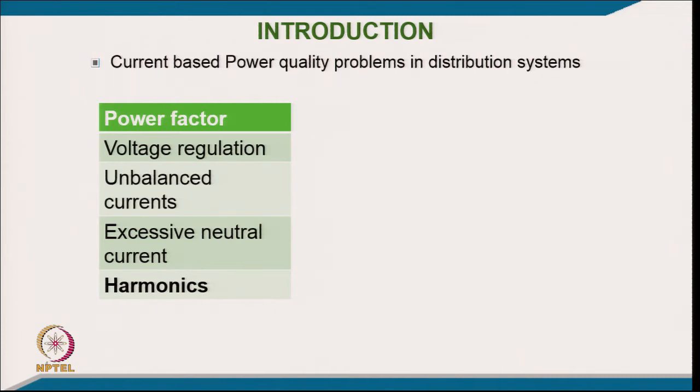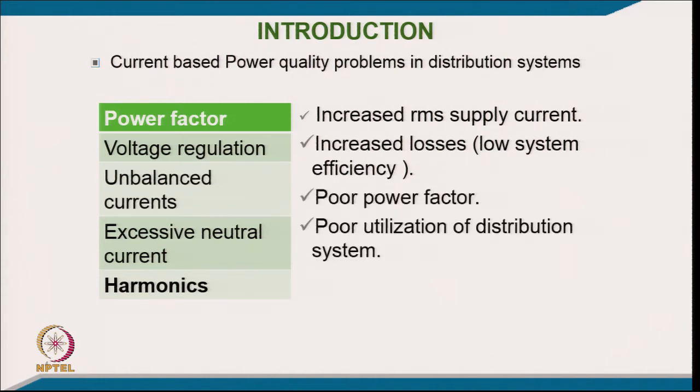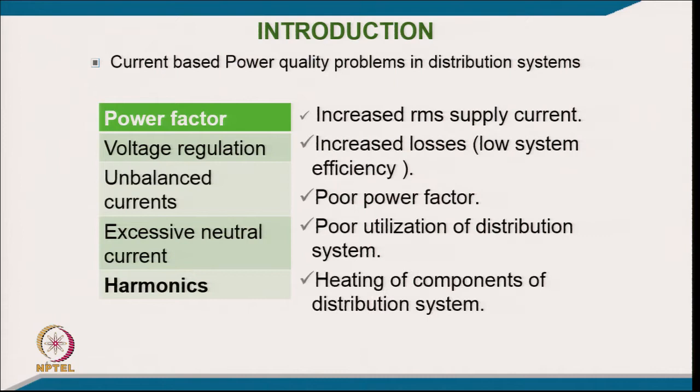Another problem, typically in current based power quality problems, is unbalanced current, like negative sequence current. And if you have a 4-wire system, you have excessive neutral current and then harmonic currents also. So, these are current based power quality problems in the distribution system, which cause increased RMS current, increased losses in low voltage, low system efficiency, then poor power factor, poor utilization of distribution equipment, then heating of